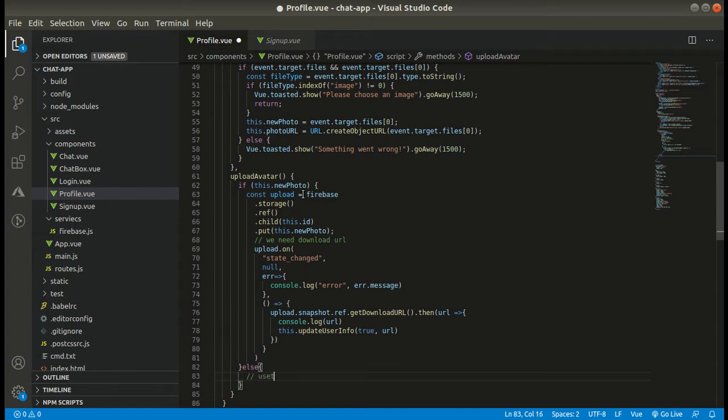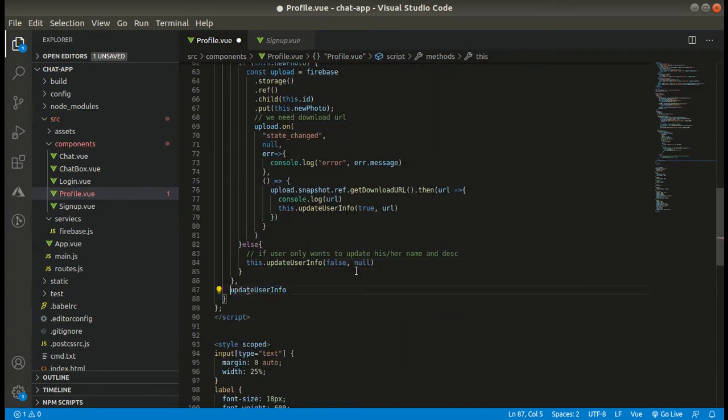But before this, let me tell you, if we have the photo, then we will send true. Else, if the user only wants to update his or her name and description and does not want to update the photo, then we can simply send false, and for the URL we can simply send null.